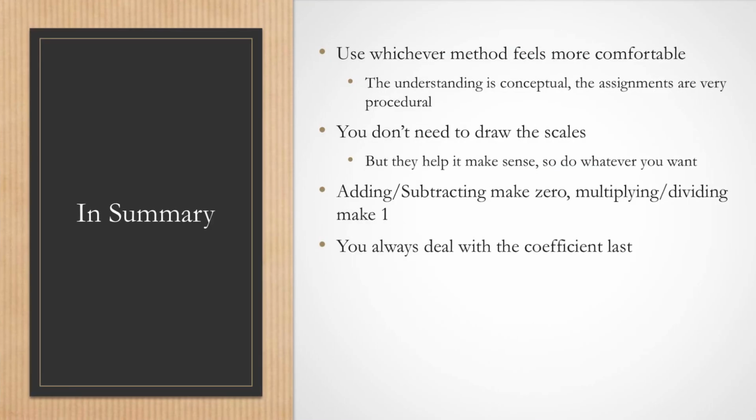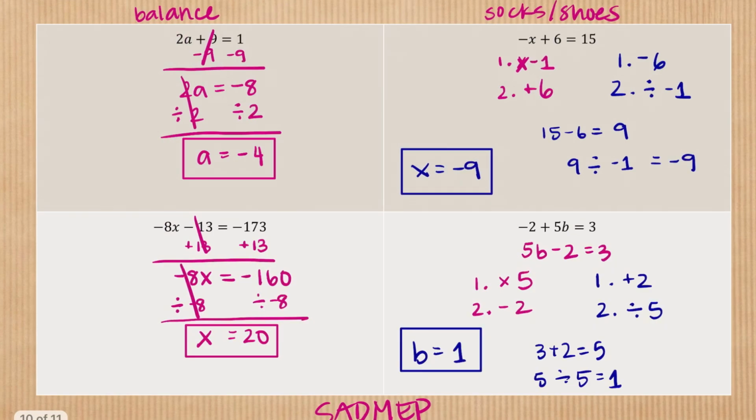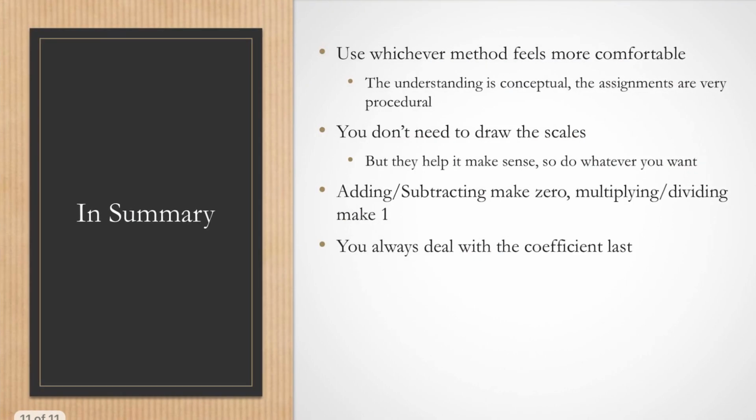So in summary, use whichever method feels more comfortable. Like you probably saw, it takes about the same amount of work, so just use whatever is more comfortable for you. You don't need to draw the scales, but sometimes students do. They like to draw things, and yes, it takes more time, but if you're going to be able to do it better because of it, you go for it. Adding, subtracting makes 0, multiplying, dividing makes 1, and always deal with the coefficient last because you're basically getting rid of everything that doesn't have x, and then you'll deal with whatever